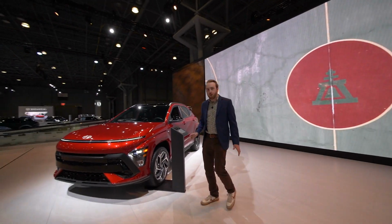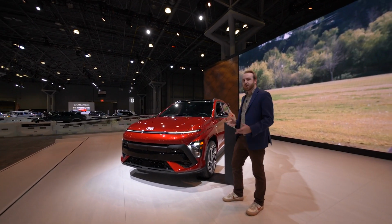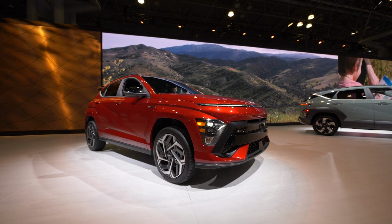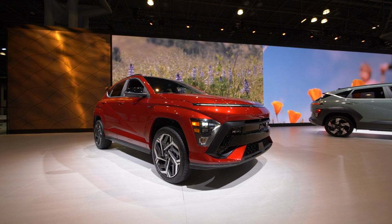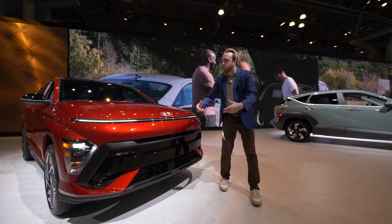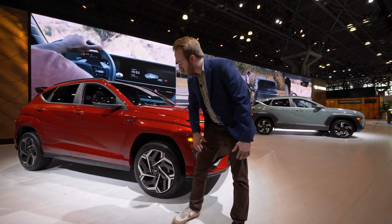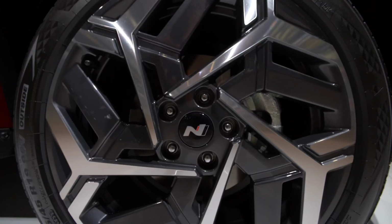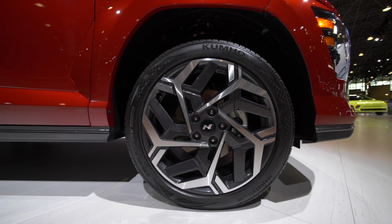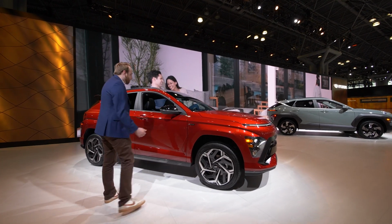So this is the sporty one. It also has the 1.6 liter, but it has a lot of different design changes that make it look a lot more aggressive. So it has its own front fascia up here. You see a nice painted black look. You got almost EV6-like design down here that gives it that sporting character. I really love these wheels here too. Nice and aggressive with the N badge inside there. Now, don't get that confused. It's not a full N. The full Kona N is not out yet. We don't know if it will be for this generation, but just going further along the side here, N-Line badge,